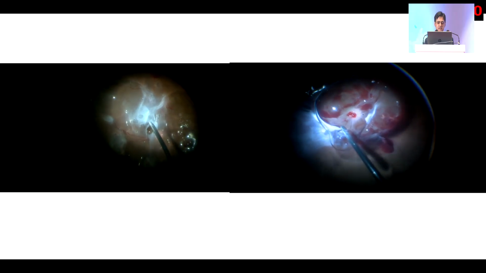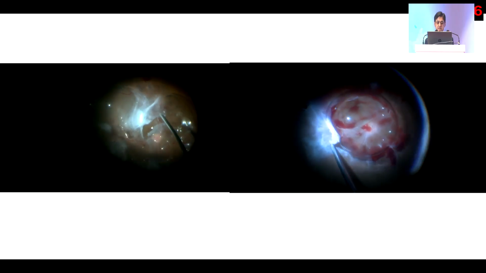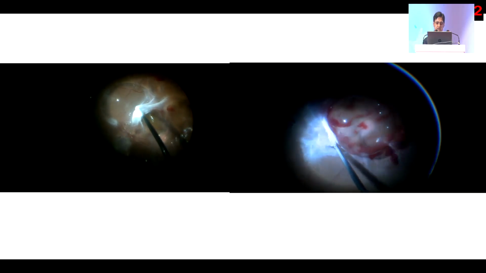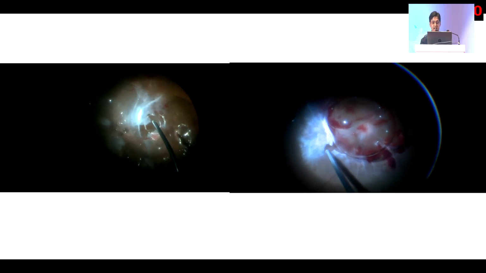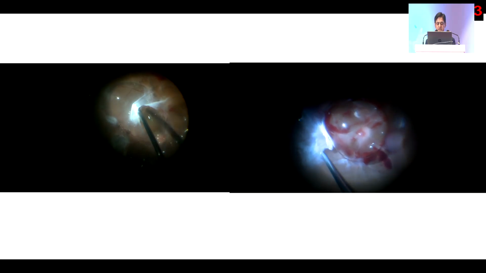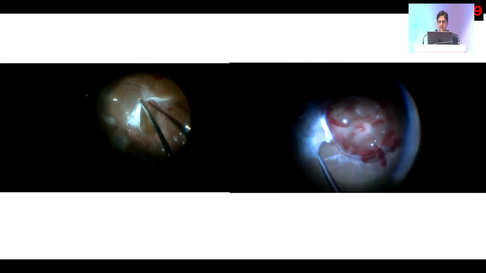So you can become slightly more meticulous, and since there is no recurrent hemorrhage happening despite such a dense proliferation, I can just proceed with my surgery and my dissection easily. Had there been a very severe hemorrhage, most of my time would have been spent stopping the bleed rather than proceeding with the surgery. So both of these cases went out quite fine, luckily, with the help of PFCL